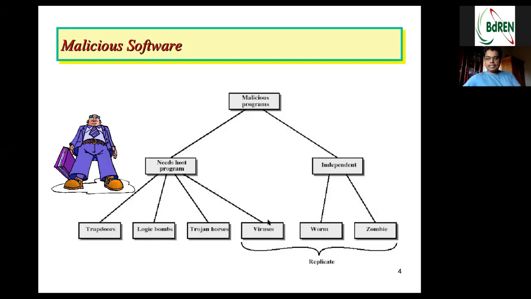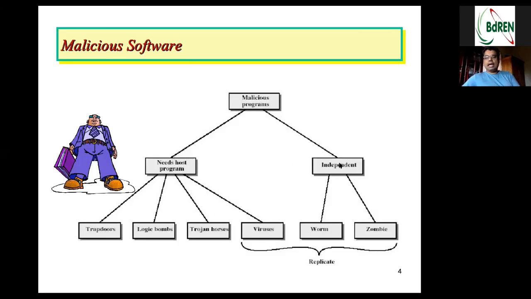Then the virus category is different. We have the other category under the host program category called viruses. Viruses are malicious software which can auto-spread. If that malicious code is in software X, it will search all the software in your machine which is not infected and infect it with its code. There are some viruses which work independently as well. We'll come to that later on. So trapdoors, logic bombs, Trojan horses, and viruses are the four categories which need the host program to